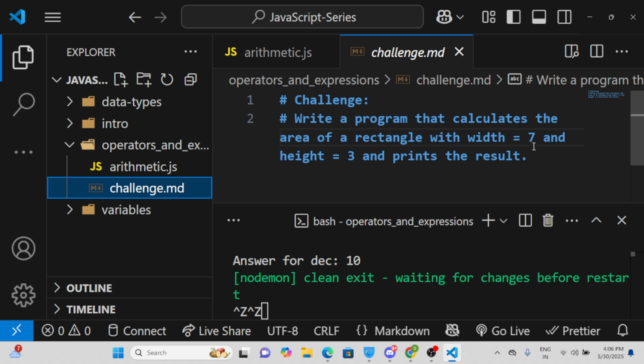So this is very simple. If you don't have an idea on how to calculate the area of a rectangle, you can just reference the internet and see the formula and come back to solve this challenge. And I will be more than happy to see your response in the comment